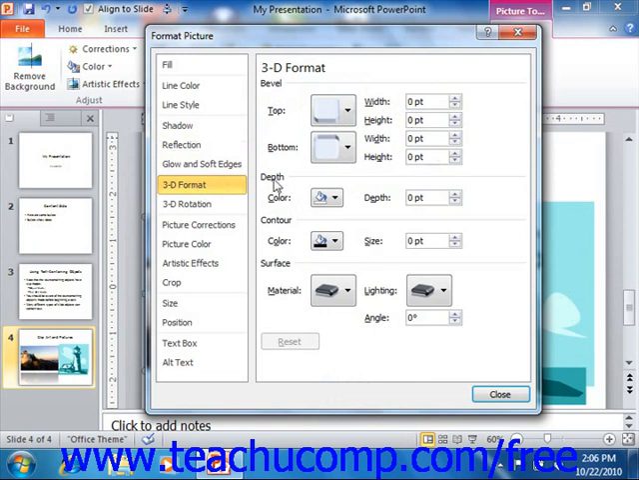In the Depth section, you can use the Color drop-down to select a coloring for the beveling depth. You can also set the amount of coloring applied to the beveling by using the Depth spinner box. Likewise, in the Contour section, you can use the Color drop-down to select a color for the contour of the bevel. You can then set the size of the contour by entering the size of the contour into the Size